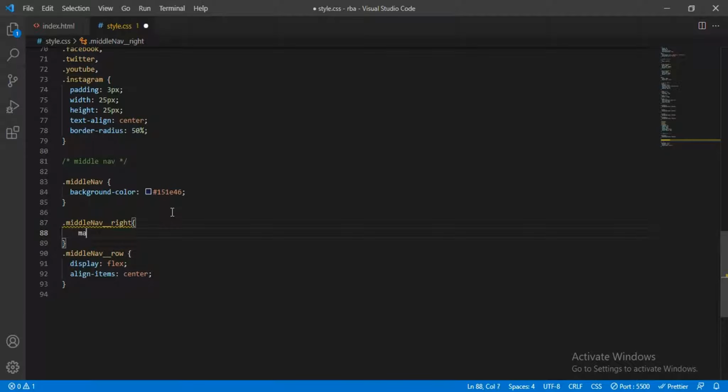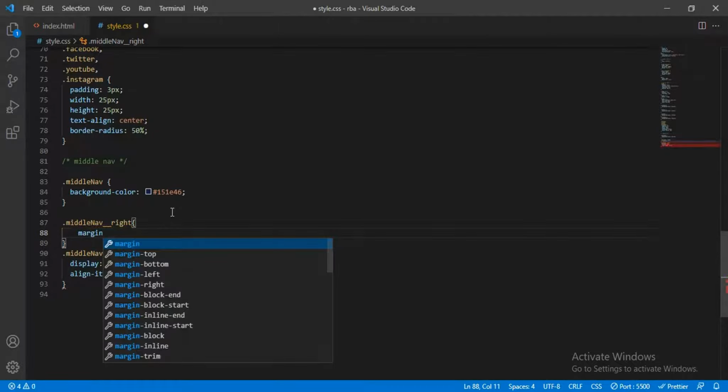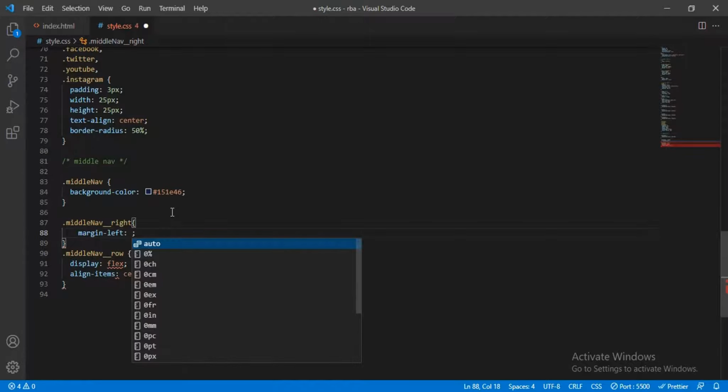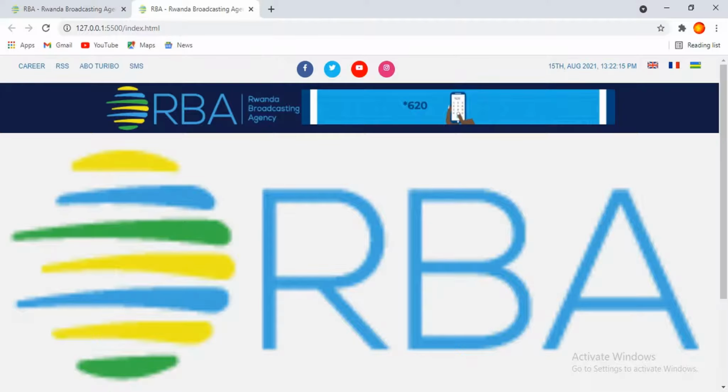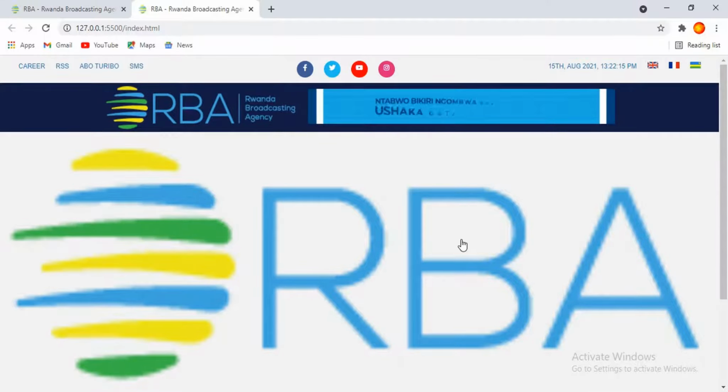Then margin left 20 pixels. If you save this and come to the browser, now you can see the image is pushed away a